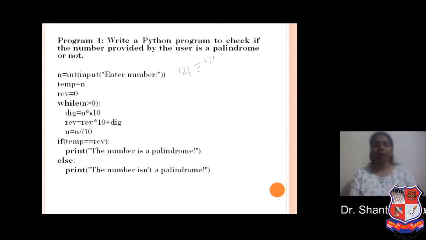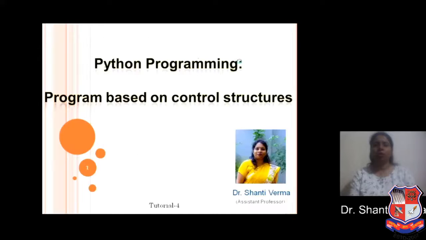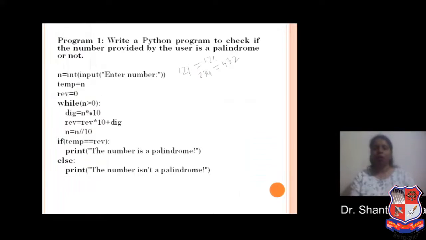But if I take 234, then the reverse of 234 is 432. So 234 is not a palindrome number.